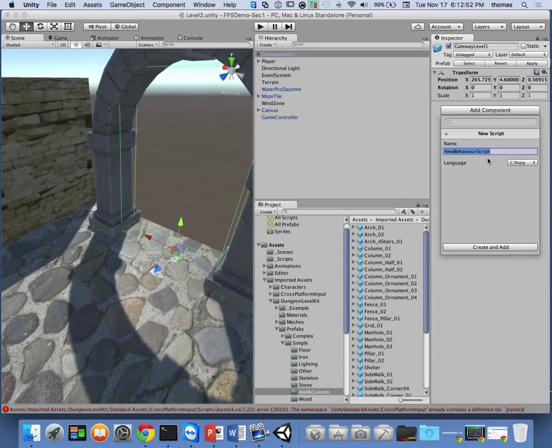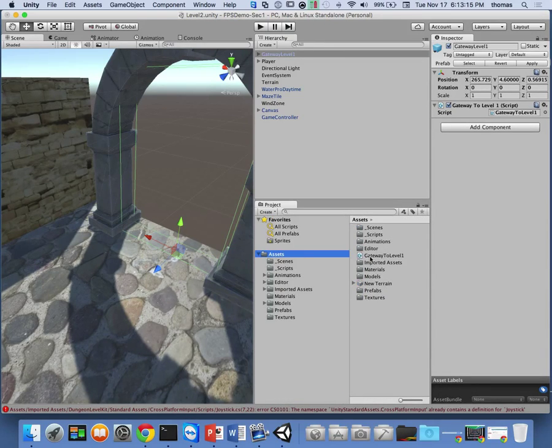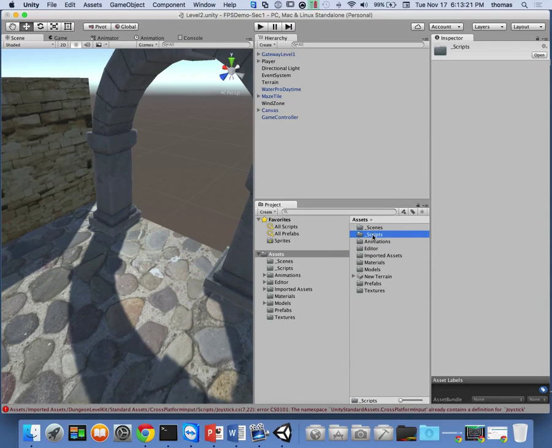It's going to be called gateway to level 1. There we go. And I've got to make sure that when my scripts come into play in my assets, so here's my asset folder, I take my scripts and put them in my scripts folder. And what I want this script to do, when I go in here,